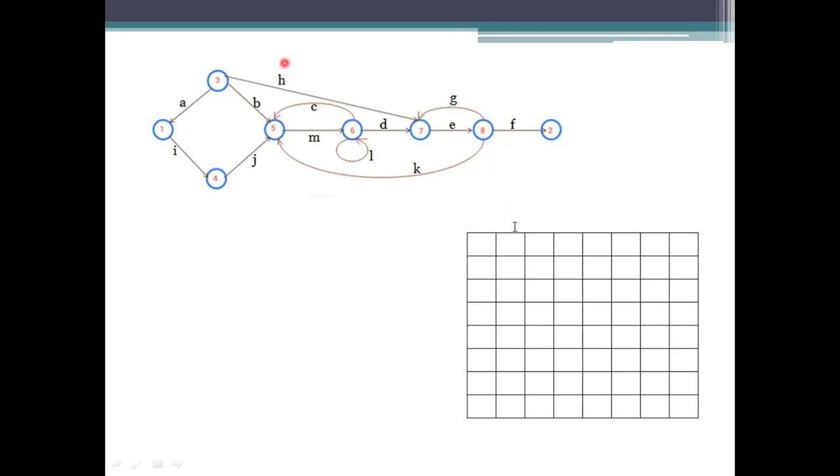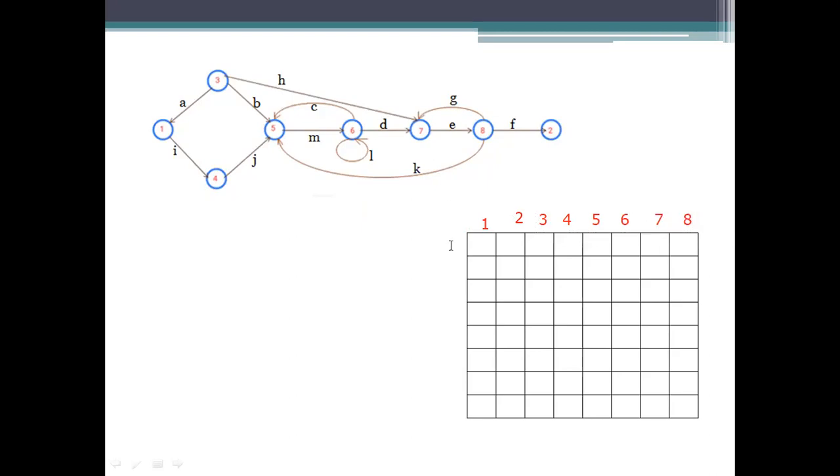Here we have the value series 1, 2, 3, 4, 5. Here it is 6, here it is 7, and the last one here is 8.